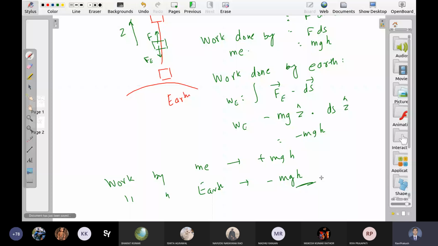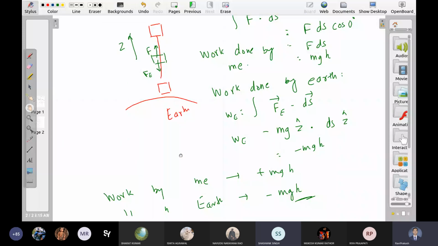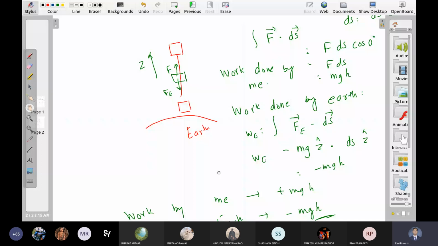So we are back to the same question. Where is the energy? In the block or in the Earth? Sir, in the system of Earth and block. In the system of Earth and block. Yes, sir. And where is the gravitational field? There is the energy. See, both the answers, there is no problem in any answer. The first argument is also correct, right? The second argument is also correct. There is no calculation mistake in this. It only depends on how we see things.